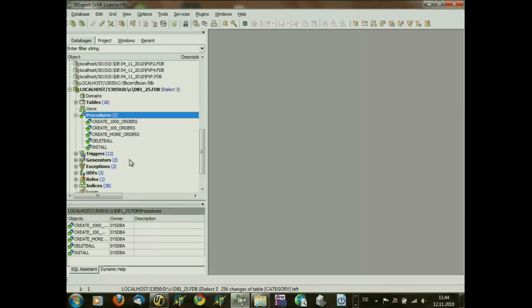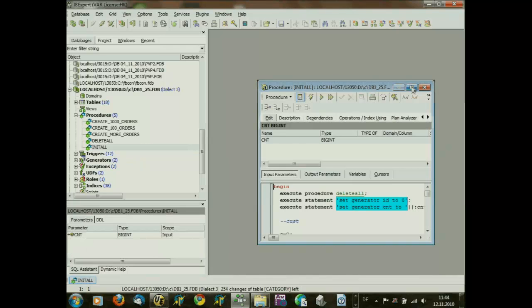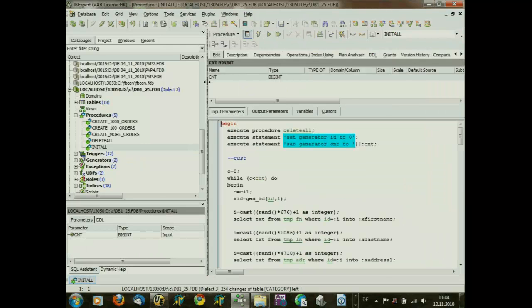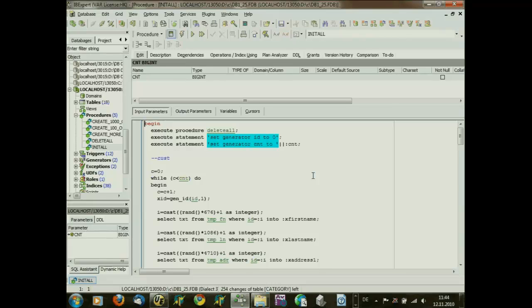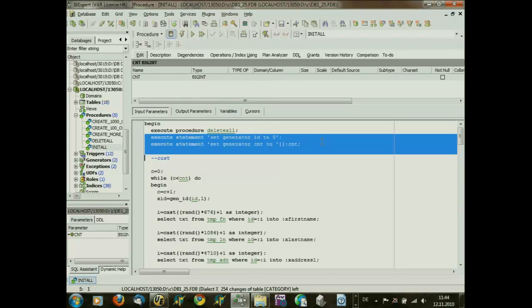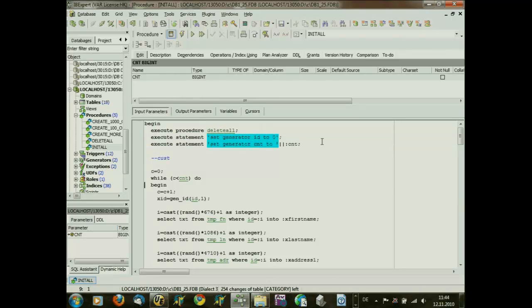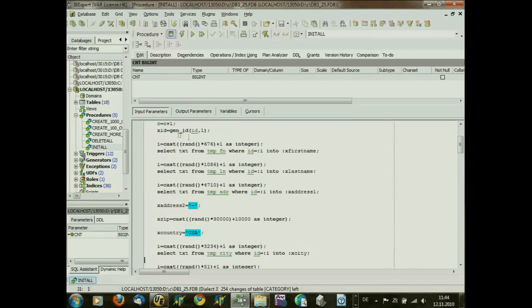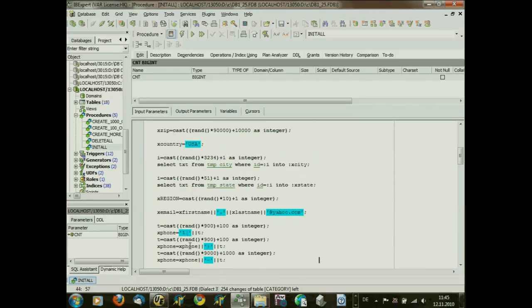What we do to measure the speed of the database is really simple. We simply start this procedure, and this procedure does nothing else than deleting all the data inside all tables, which is a different procedure, sets the generator to specific values, and now gets some random data with a random function here that selects a first name from the first name table, a last name from the last name table, an address record from the address table, puts all the data together, puts in the country USA,